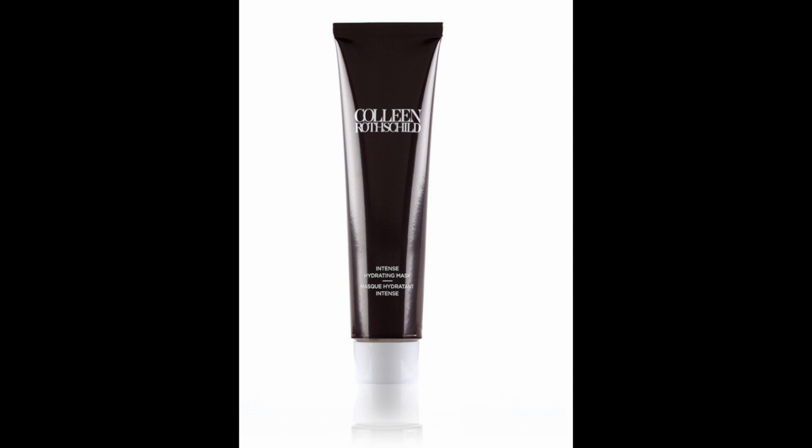Last but not least is the mask I'm wearing on my face. This was in my box, sent from Colleen. It is the Intense Hydrating Mask. This mask, I don't know why, but for some reason, I have never purchased it before, and I've heard so many people talk about this mask. Some people sleep in it, and they just really rave about it. Don't know why it never made it into a shopping cart, but I have it now, and it's on my skin right now. It feels fabulous on the skin,